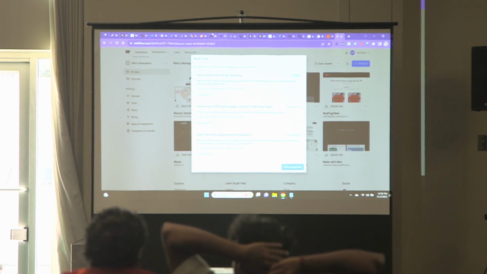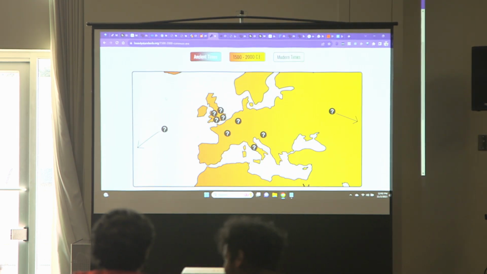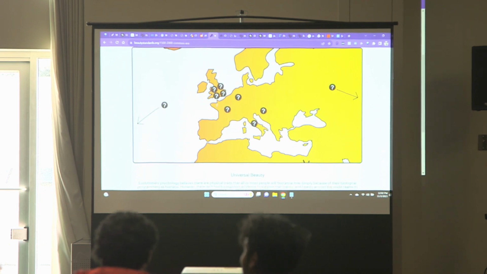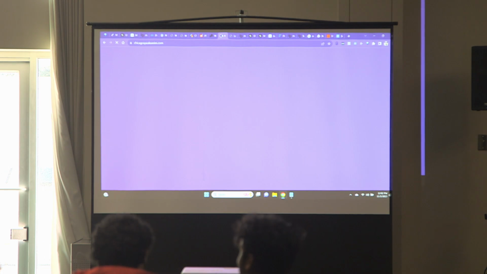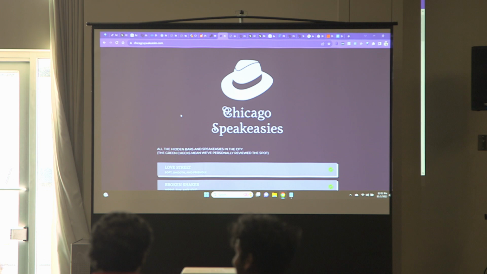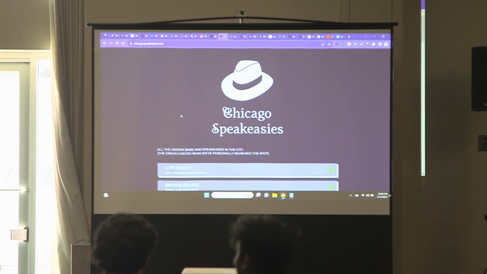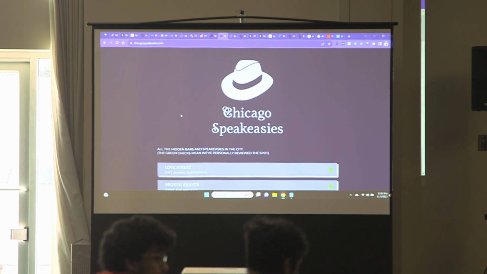Chicago Speakeasy. It's like this, beautystandards.org, because of Webflow. This is a little dim in terms of design. It's not super cute, but I figured out how to use their tool to build a little interactive map. I built a blog, Chicago Speakeasies, that just documents little bars around town. This gets 400 users a month visiting this website, all for SEO, because it ranks really well on Google. Webflow is beautiful at that. So if you need to rank on Google, Webflow is where you should go. I spent maybe a week learning Webflow, and now I can build all this sort of stuff. It's really, really crazy. So Webflow is what I recommend for websites.